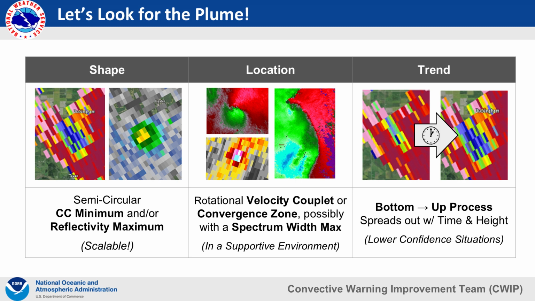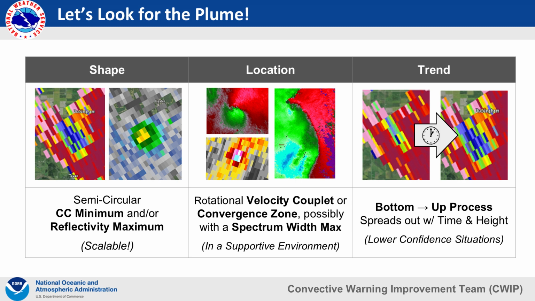This process is scalable to both the smallest and the largest TDSs, with some TDSs as small as 4 contiguous super resolution CC pixels having been successfully identified with this technique. Next, we look for these plumes within regions of favored tornadogenesis, and this, of course, includes couplets, but also convergence